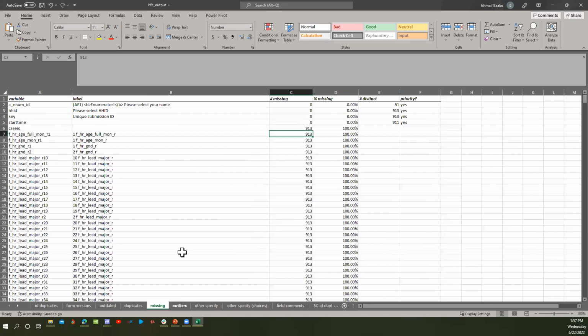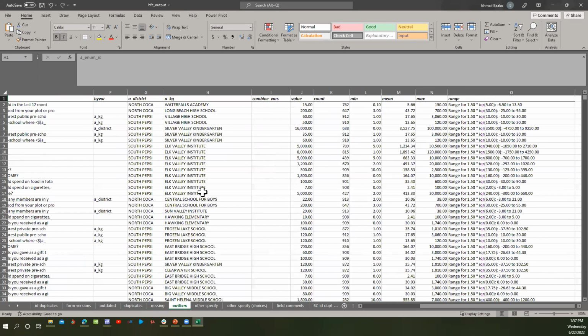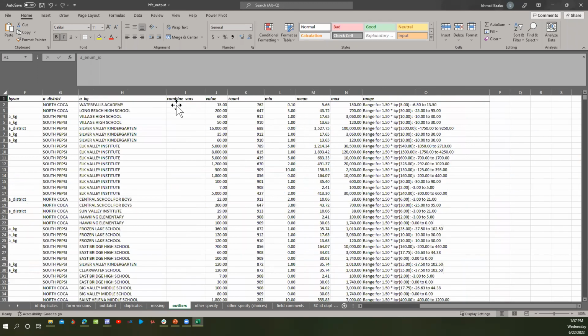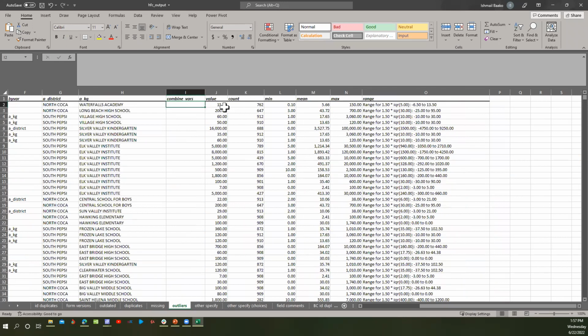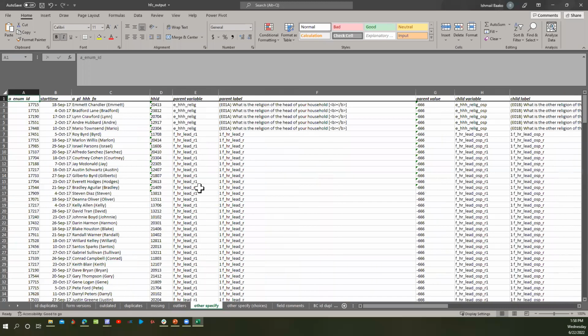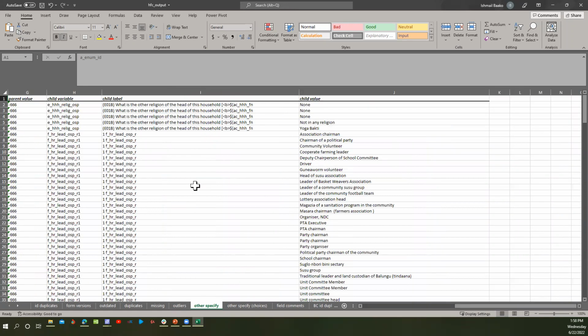Then you have your output for outliers, which is also a little bit different, because now it indicates whether this was combined or not, and what variables it combined to calculate statistics. It shows what the value is flagging, the number of non-missing values, the minimum, mean, maximum, the range, and all that. Then you have your other specify output as well.